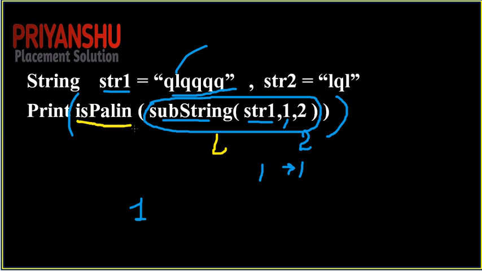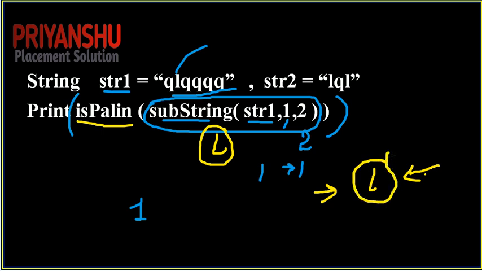And is palindrome checks whether the string is palindrome or not. So friends, L is basically a palindrome. Why? Because, friends, we can read from the right side or from the left side. We read only L, right? Every single alphabet is a palindrome. So here L is a single alphabet, so it is a palindrome. So this function or pseudocode returns or prints 1. Okay, I hope you got this question, friends.